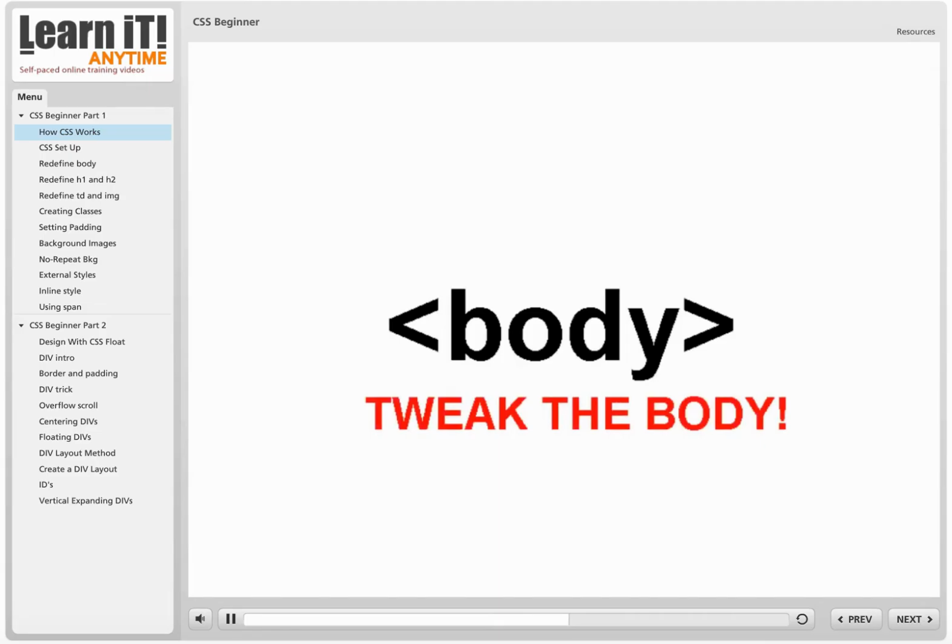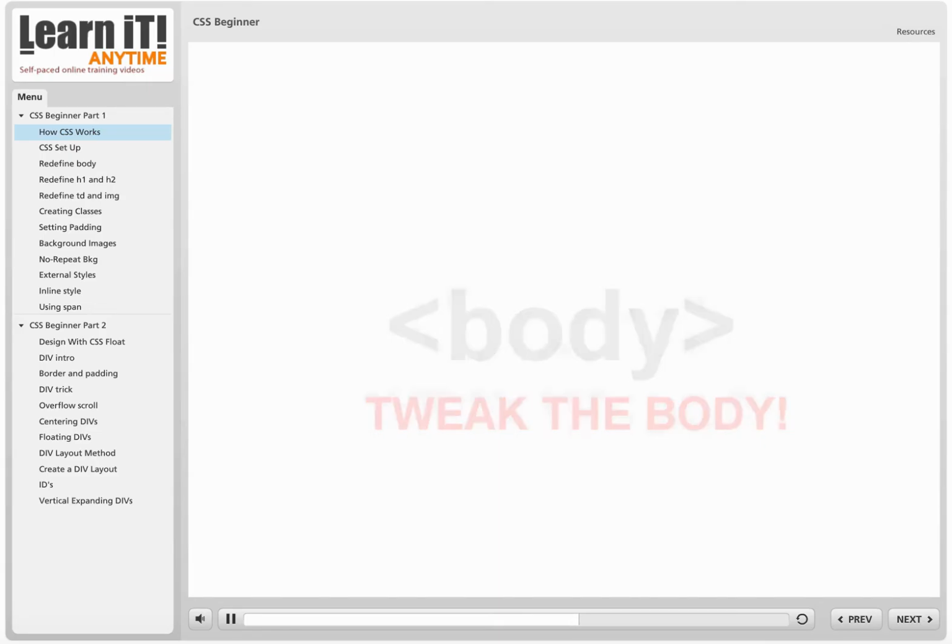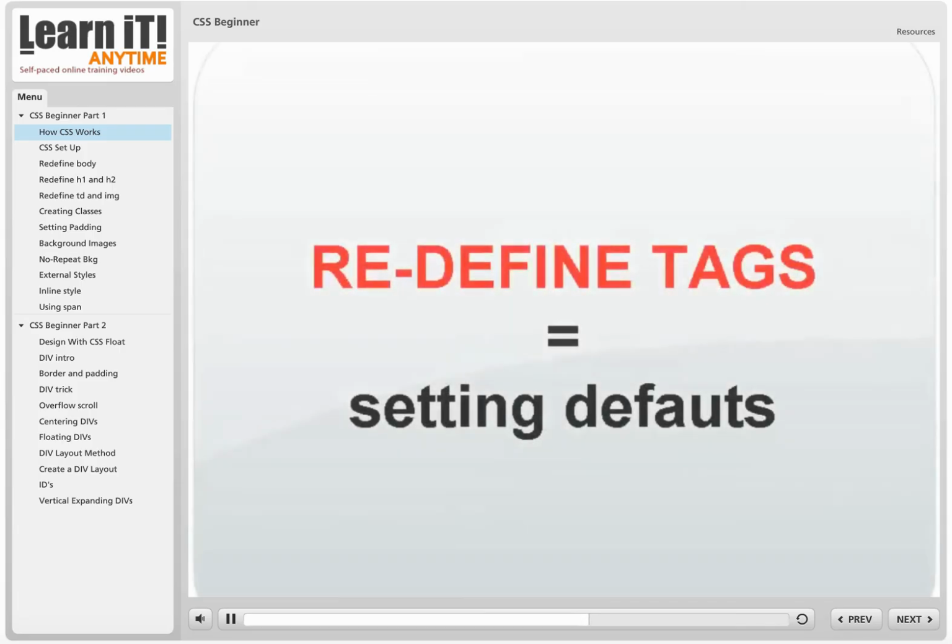So really what's happening is we're changing what the tag means a little bit. We're looking at what it normally does, its normal definition, we're kind of redefining it so it does other stuff too. When you change what a tag means, when you redefine it, basically you've changed the way that that tag operates for every time that you see that tag on the screen. So for example,